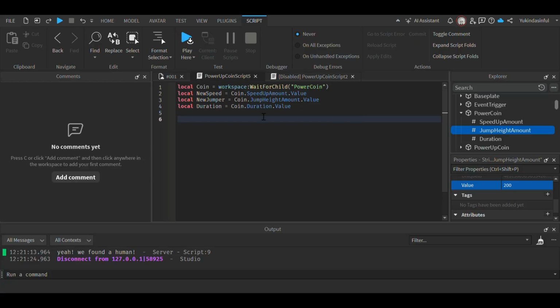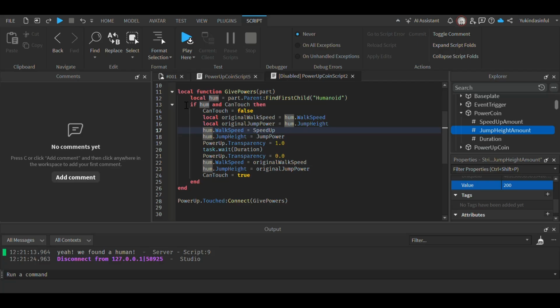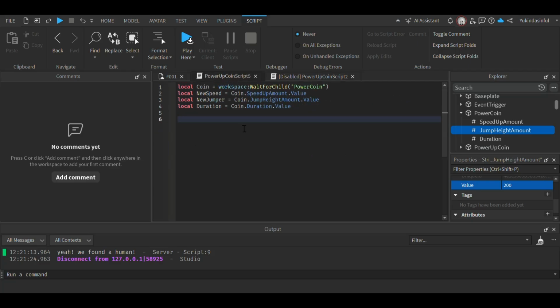And after that, we can make our script. But I'm not going to use a local function. Instead, I'm just going to use the parameter. I'm just going to connect to an event immediately, because I think that's the quicker and faster way to do it, honestly. So we're going to do coin.Touched:Connect(function